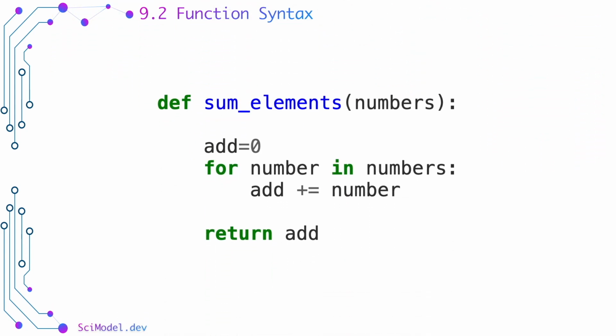As you can see, we are defining a function called SumElements, which takes a variable called numbers as input argument. The numbers variable should contain a sequence of elements such as a list. The body of the function is similar to what we have previously seen to replicate a summation over all items in a sequence. The function returns the add variable as an output, which equates to the sum of all elements